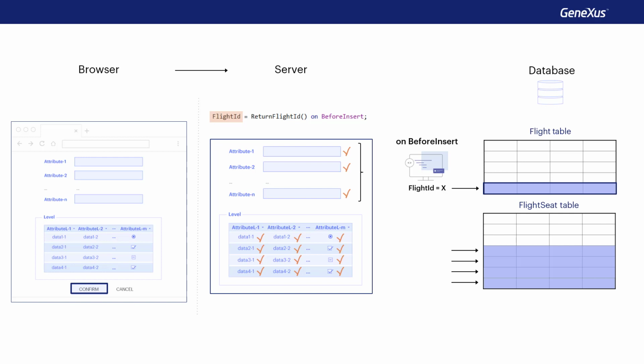If we define a rule to which we also add the onBeforeInsert triggering event, but unlike the previous example, the rule contains a reference to at least one attribute of the second level of the transaction, it'll be associated with the second level. Therefore, it'll be executed immediately before each instance corresponding to the second level of the transaction is physically saved. So we could say that even though the name of the event, before insert, is the same, they're actually two different ones. Either it's the before insert of the header or the one that applies to the lines.